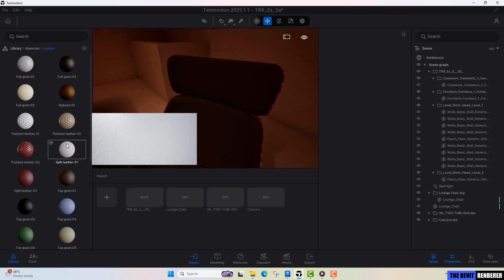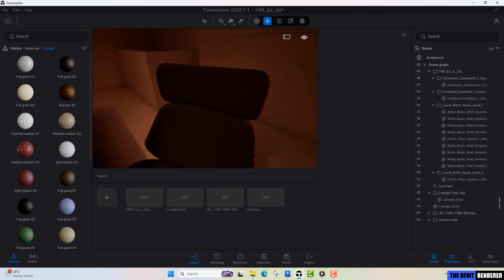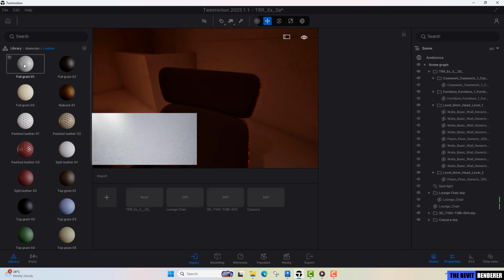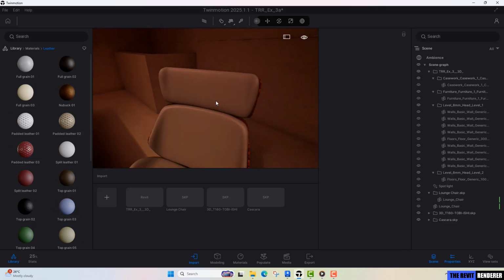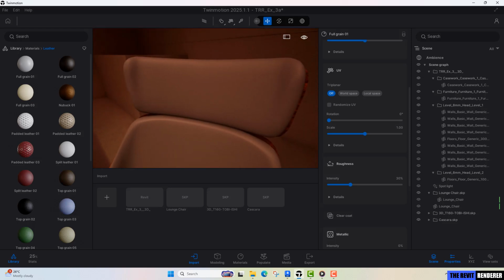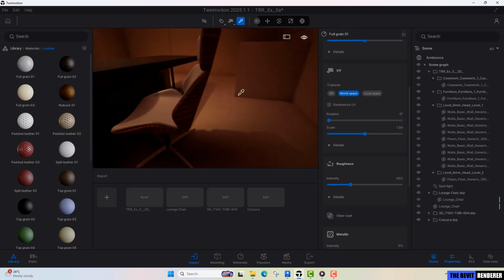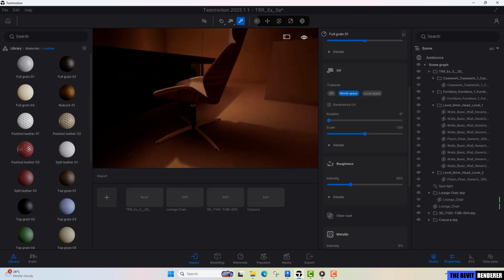Then should I choose this one? I'm gonna choose the first one, full green 01. Just gonna drag it onto that seat, and just make sure to change it to world space. Okay. Then this